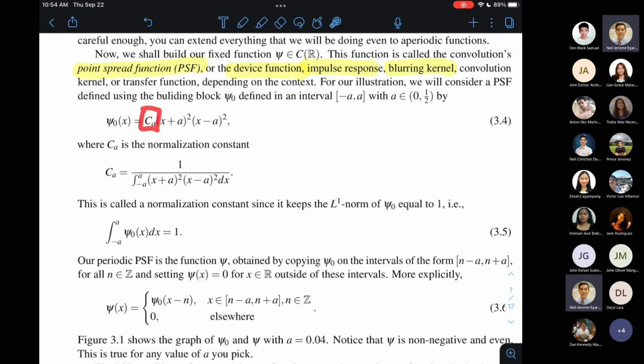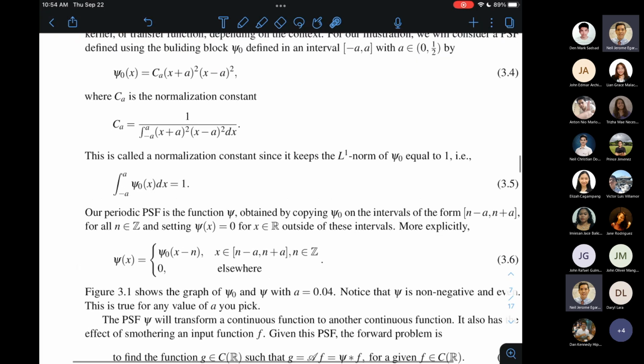Meron ka ditong scaling constant, c sub a. Ano yung scaling constant? Siya lamang yung 1 over the integral ng (x plus a) squared times (x minus a) squared from negative a to a. Now, inintroduce ko lang tong normalization constant na to para yung integral ni psi ay maging equal kay 1. Para hindi masyadong malaki yung value ni psi sub 0. Okay? I want to keep its integral to be